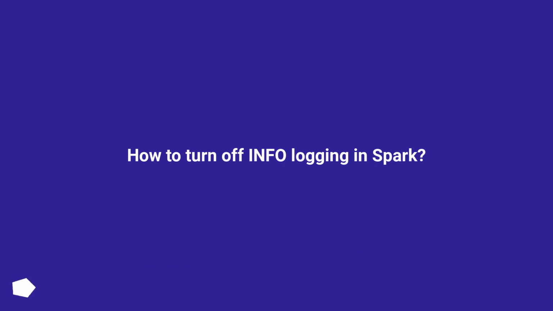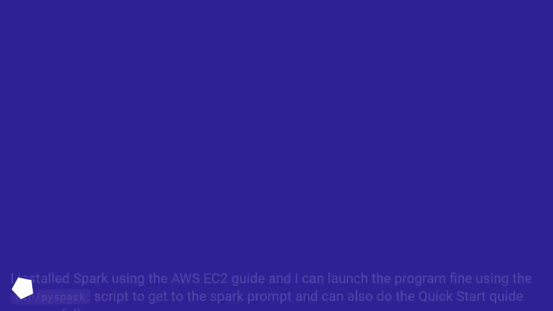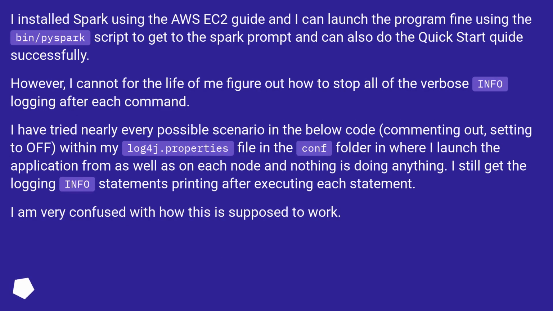How to turn off info logging in Spark? I installed Spark using the AWS EC2 guide, and I can launch the program fine using the bin/pyspark script to get to the Spark prompt, and can also do the quick start successfully. However, I cannot for the life of me figure out how to stop all of the verbose info logging after